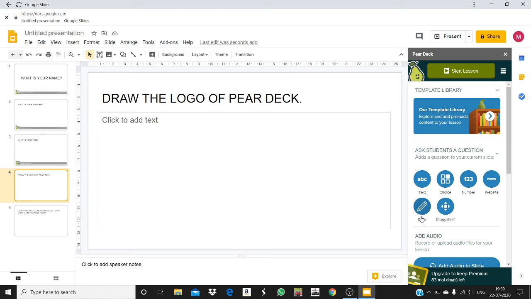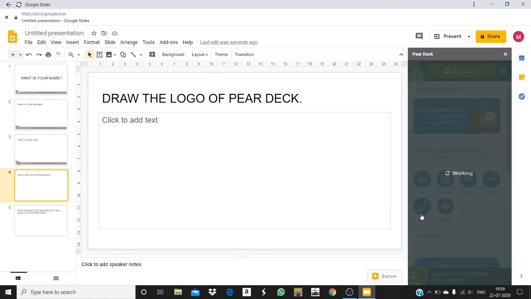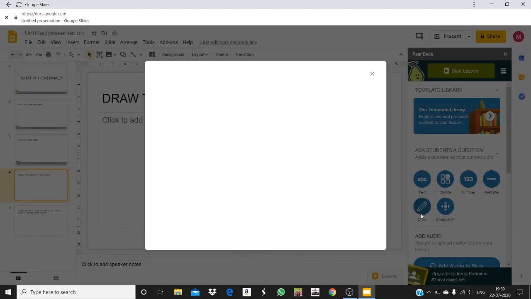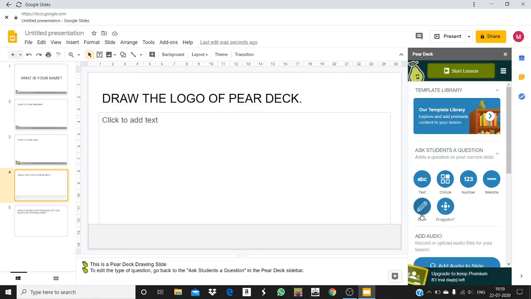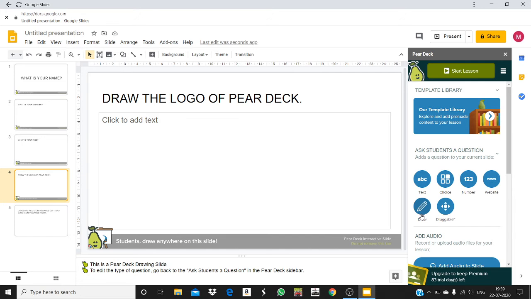For this, I select the option draw, in which students will be easily able to draw on my existing slide. Students can draw anything, whatever they wish to. You will be easily able to understand when I show you the responses. Yeah, draw the logo of Pear Deck. Now, as you can see, this option has come. It means Pear Deck has controlled this slide. Okay, now the fifth one,